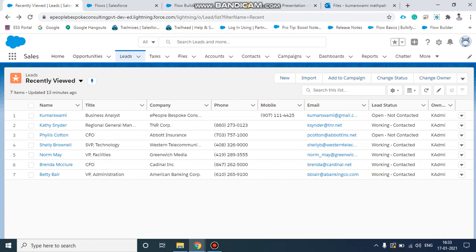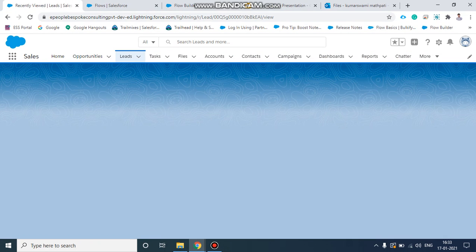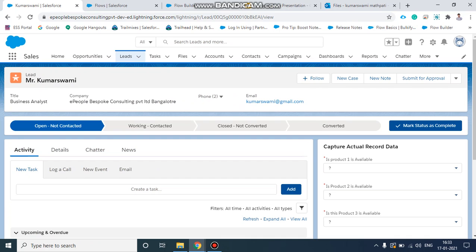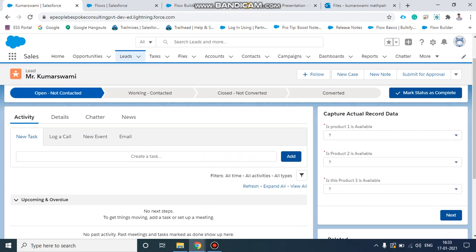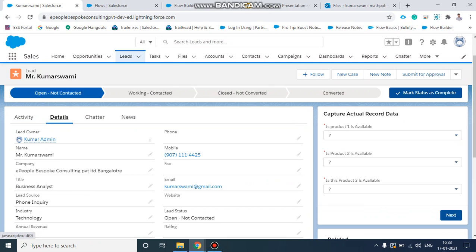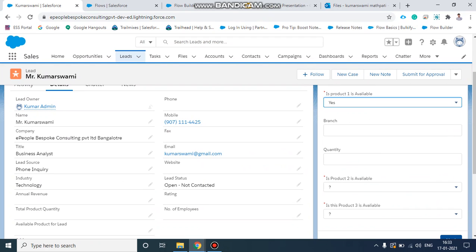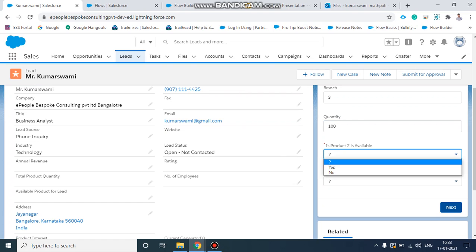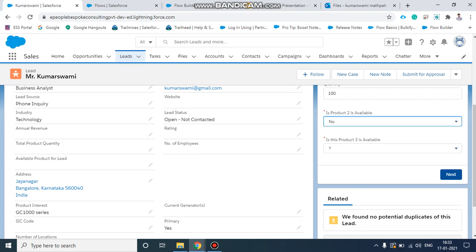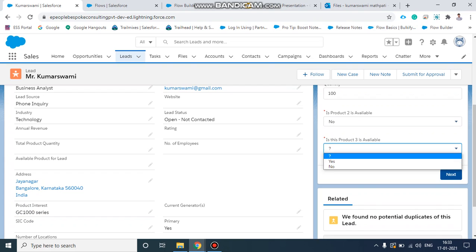We'll jump into our record. We'll take one record. As you see, I am creating the child record at the parent level only. I previously created one more flow component where I enter the data, and based on that our child records will be created. Product one is available, with 3 branches and 100 as the quantity. The second product is not there for this lead, and the third product is also not there.